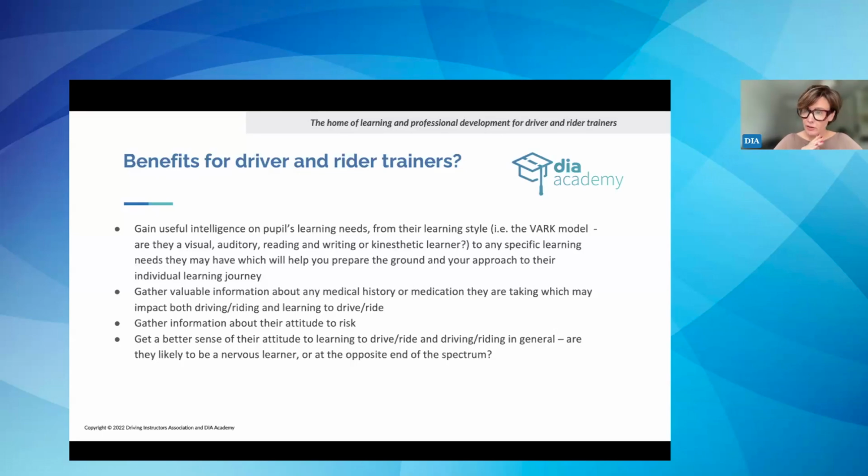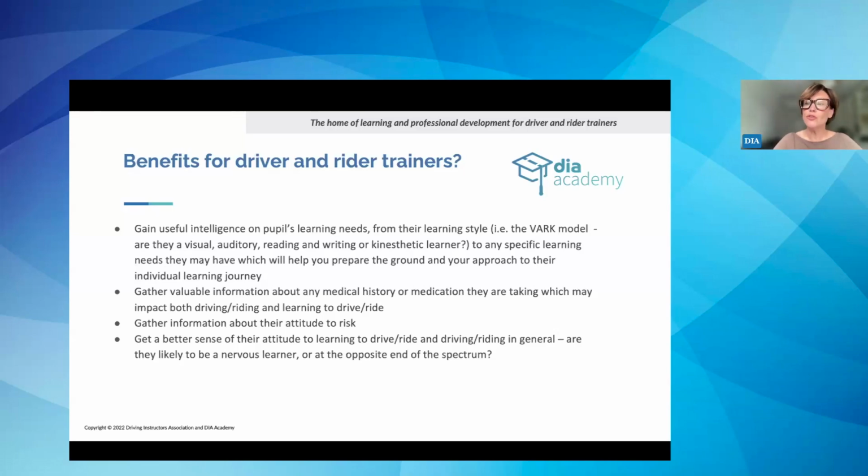Other aspects of that, going back to the risk management perspective of things, is it can allow you to gather valuable information about any medical history or medication they're taking, which could impact their ability to learn to ride and drive and their onward ability to drive on the open road. Gather information about their attitude to risk.